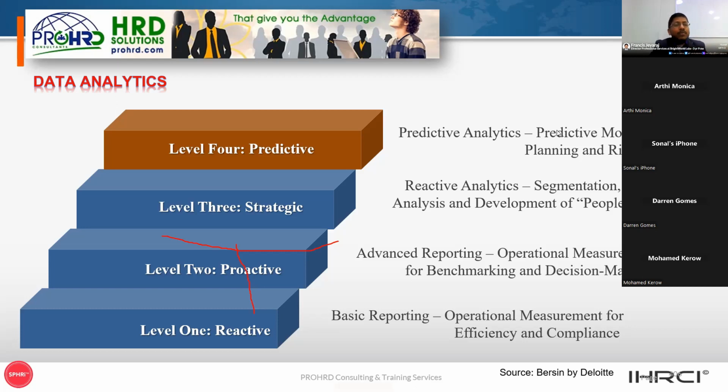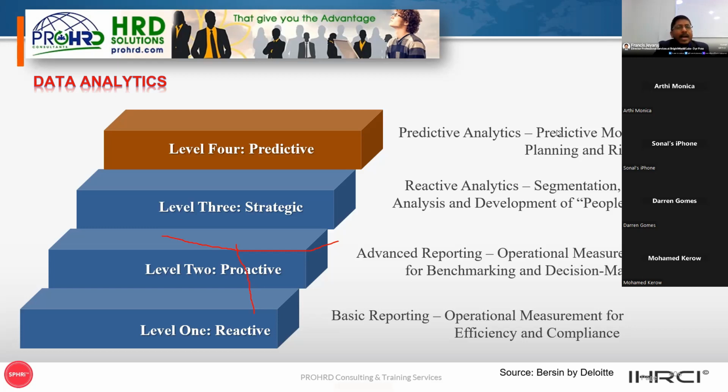Advanced reporting came after RDBMS, relational database management, came, Oracle and all the subsidiary technology, Java and all evolved. It gives you proactive operational reporting for benchmarking and decision making, multi-dimensional analysis, and to some extent it comes with dashboards also, a business suite. You may have Oracle, it comes with Fusion, the module, which helps you do some predictive analytics.